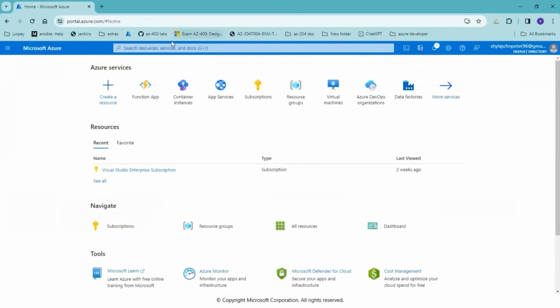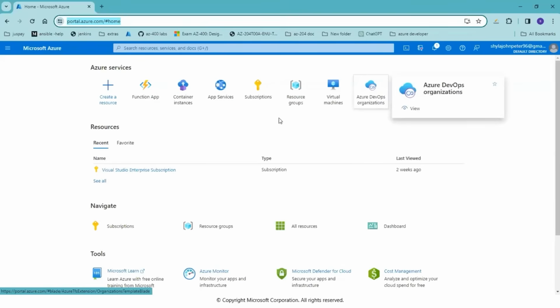Okay, so for those who are not aware of what an Azure account is, this is the URL that you have to go to, portal.azure.com. This is the site where you're going to work with Microsoft Azure. There are different ways to work with Microsoft Azure. The first and easiest way is via GUI, that is graphical user interface, right? So this is the graphical user interface version of Azure.